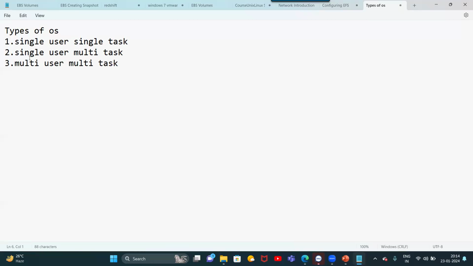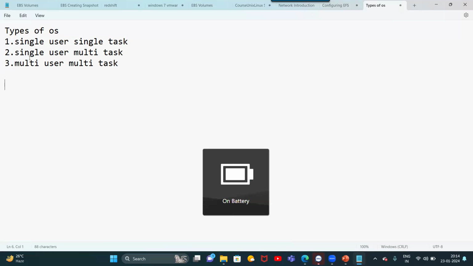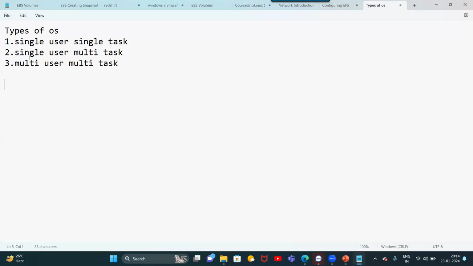Single user, single task means only one user can log in to the operating system and that user can perform only one task. If they open one application and want to run another at the same time, they cannot. Only one task can be done at a time, and only one user can log in at a time.